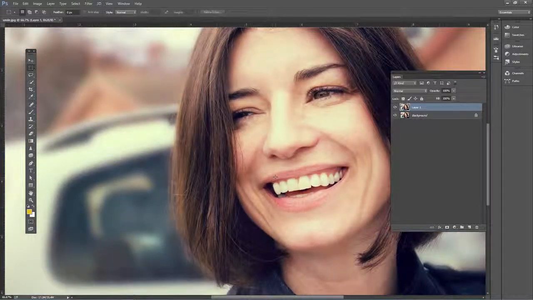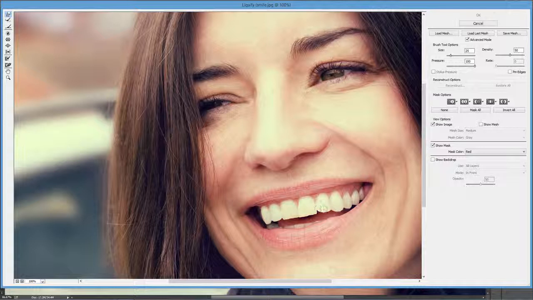Now, an easier way than that, I'm going to delete this layer. So we start again, Control J or Command J. An easier way with, I think, most corrections like this, we could just go to Filter and then Liquify. As long as it's an effect where we want to move the teeth just slightly over or down or just fill in some gaps. So with this Liquify tool, what we can do, we don't want this area down here